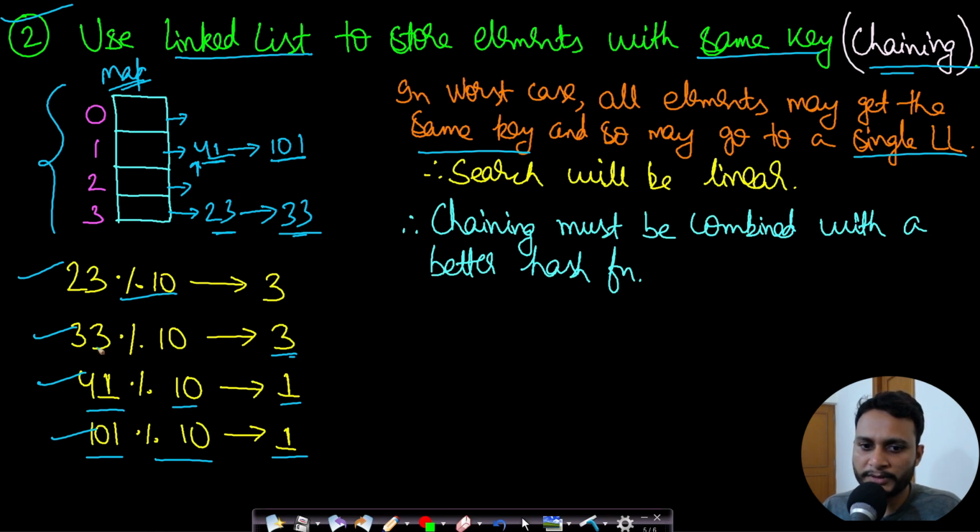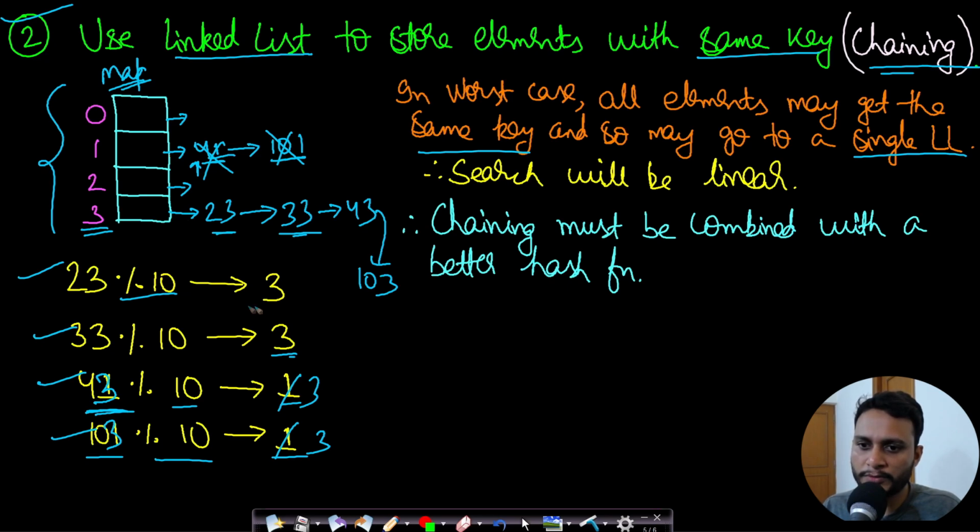So what might happen is, let's say this third element was 43 and the fourth element was 103. Now the key in this case would have been 3, and again the key in this case would have been 3. So 43 could have been inserted at this position, and 103 also could have been inserted at this position, and these two would not have been present. So all the 4 elements got inserted at the same key in the form of a single linked list.